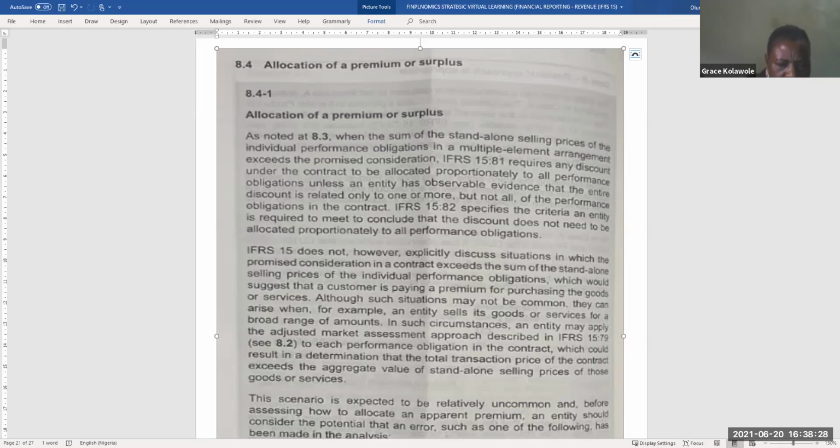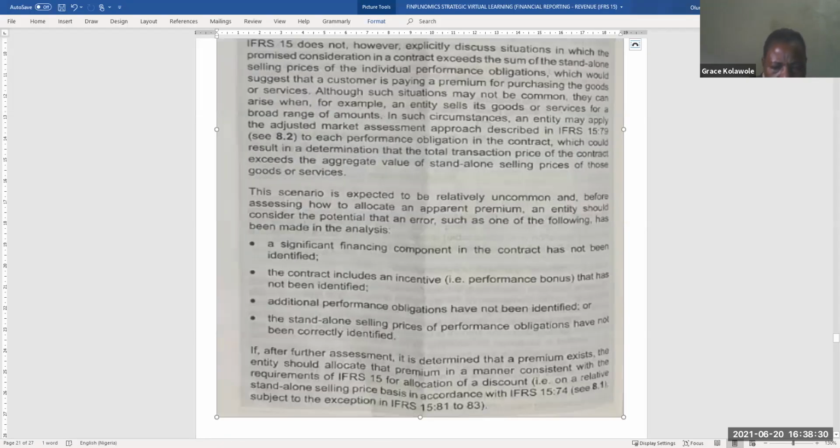This scenario is expected to be relatively uncommon, and before assessing how to allocate an apparent premium,